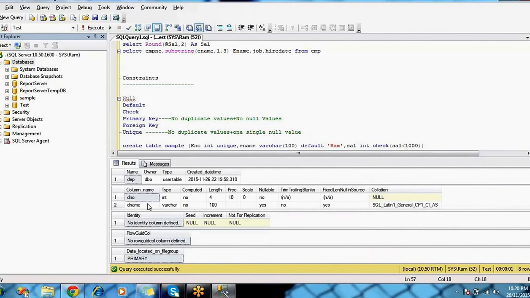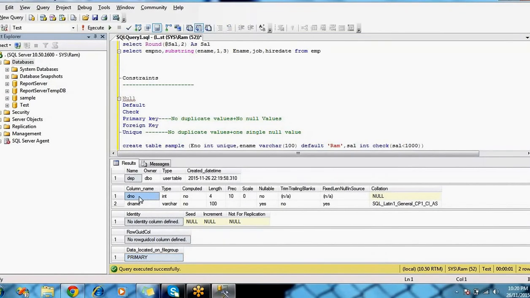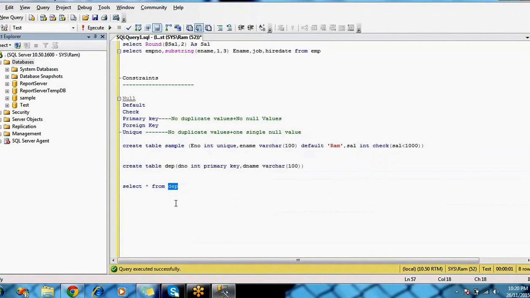What is the primary key column? The department number is the primary key column. So whatever column is the primary key column in the department table, that column I am going to use here. So I'm going to add a department number column, integer data type,